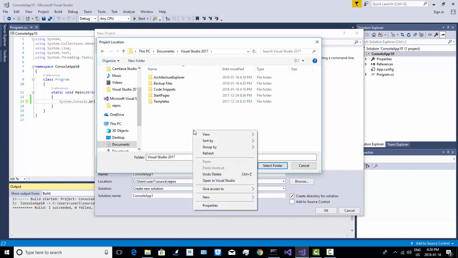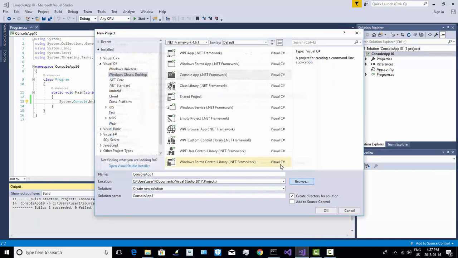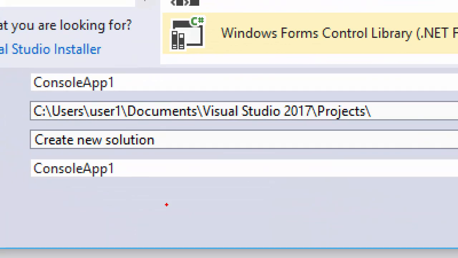I could right click on here and create a new folder if I wanted. And that folder could be called projects. Then I would just select that folder, and that's the folder that would be used to store my code in future. If you prefer the old way of doing it, it's totally up to you, but please decide and stick to that structure